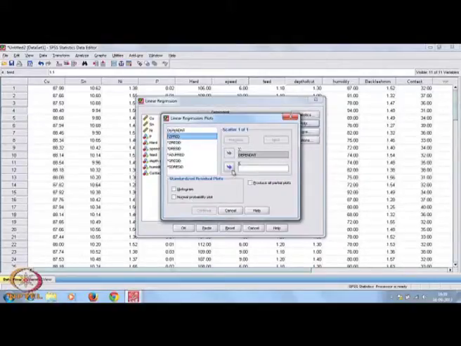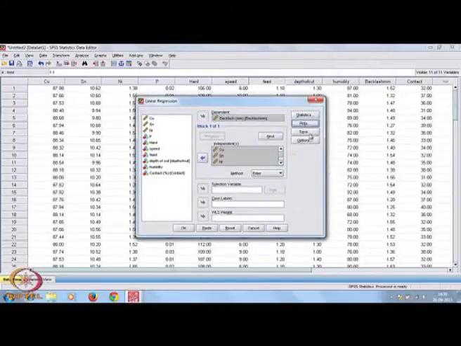Let it be the predicted one. Okay. Now, you go for produce all partial plots, then you may be interested in the histogram, and in the normal probability plot. So, you continue.